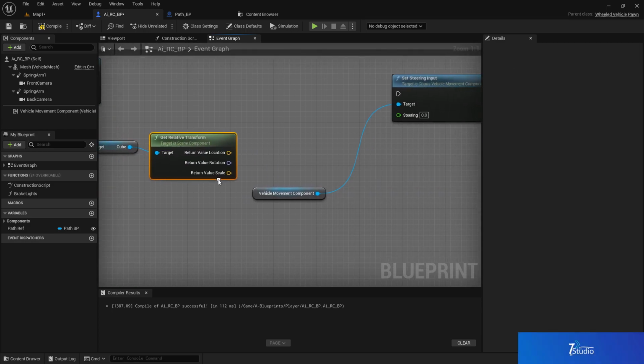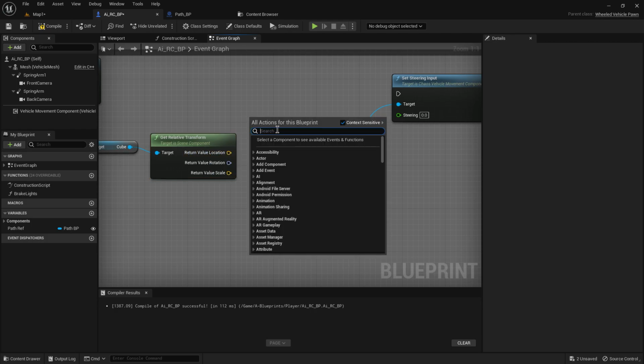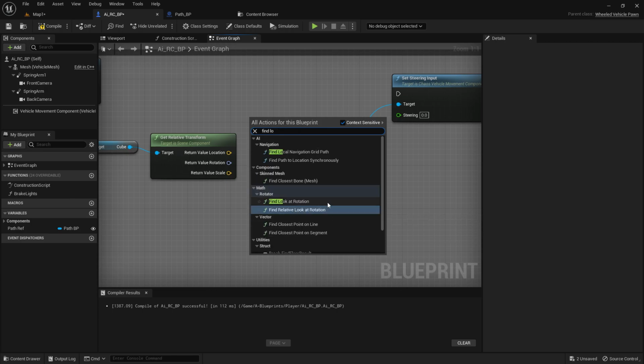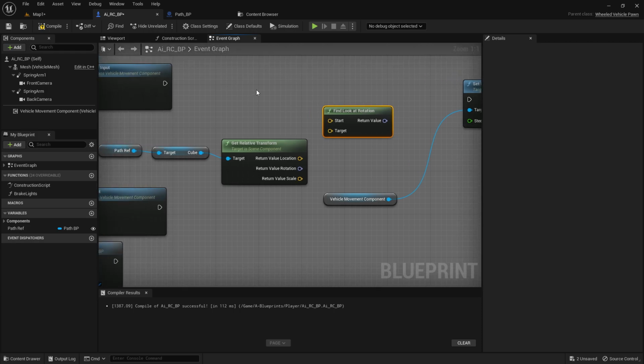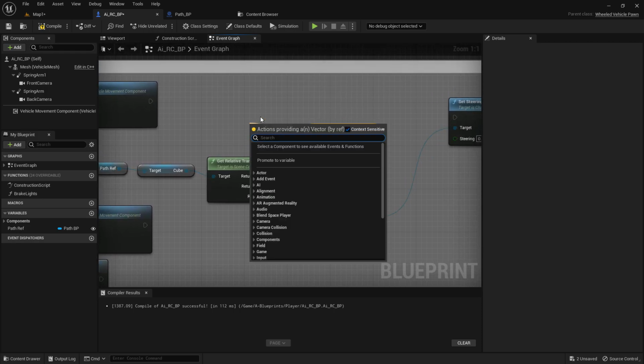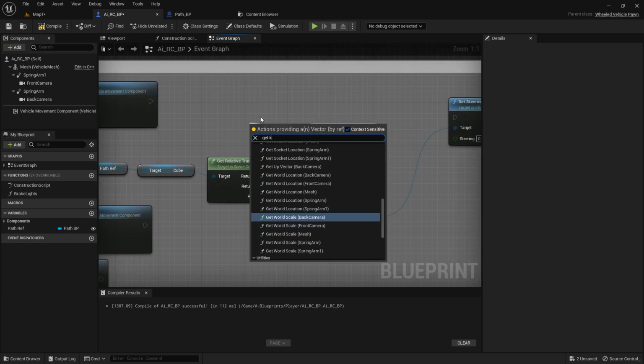From that we need to split it, and then split it again if you want, it's up to you. But we are going to use find relative look at rotation. You can also use find look at rotation, it's up to you. I'm going to use this one, and we need the start, which is basically our own actor location. So get location,